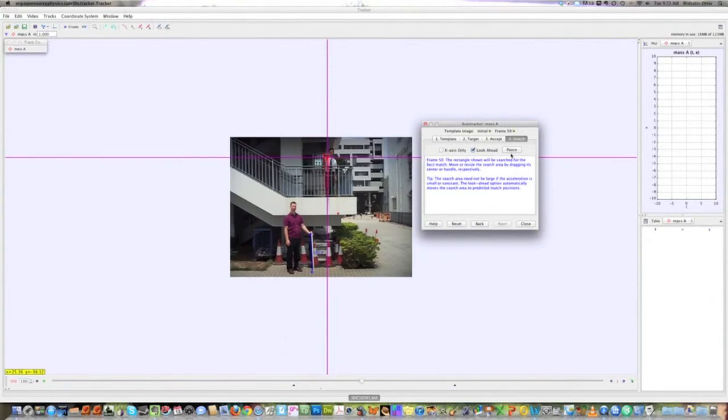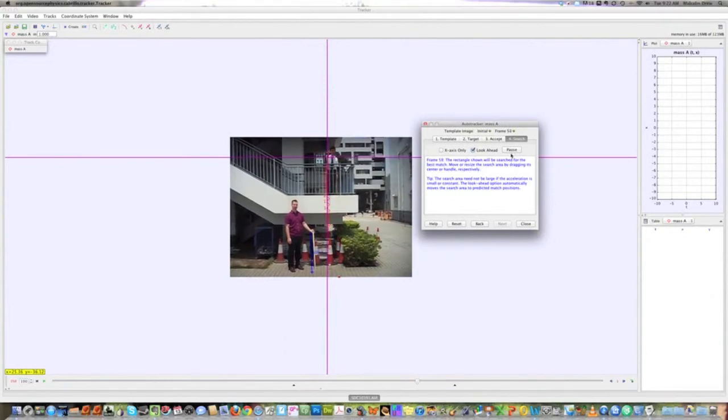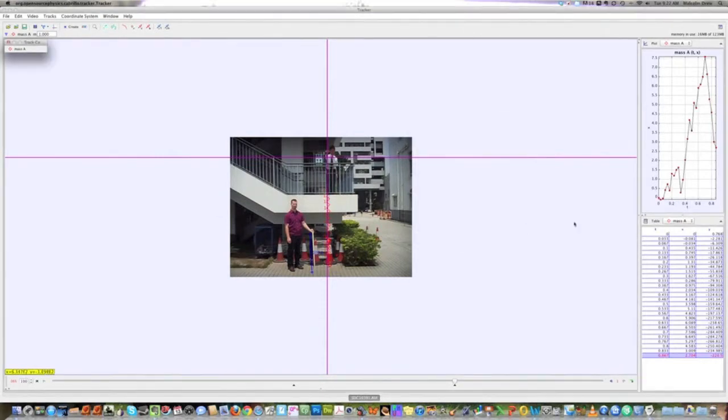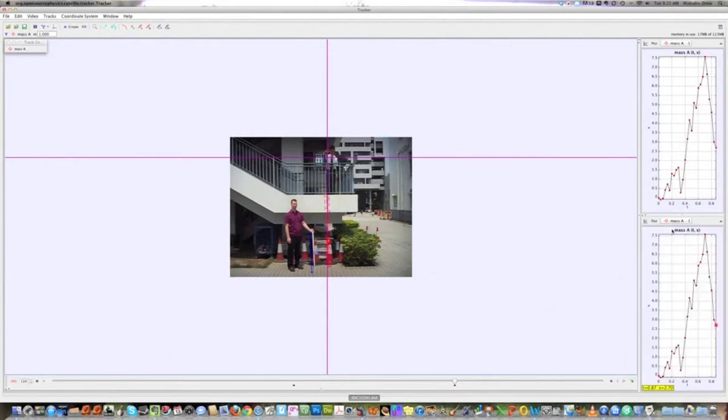and you see it's following the tennis ball down the screen, bounce back up. It looks like it's okay, so I'm going to click close. Now, over on the side of the screen here, you see two things. You see a graph now, and you see a table. Now, I want to change the table to plot view, so I'll click on plot view,